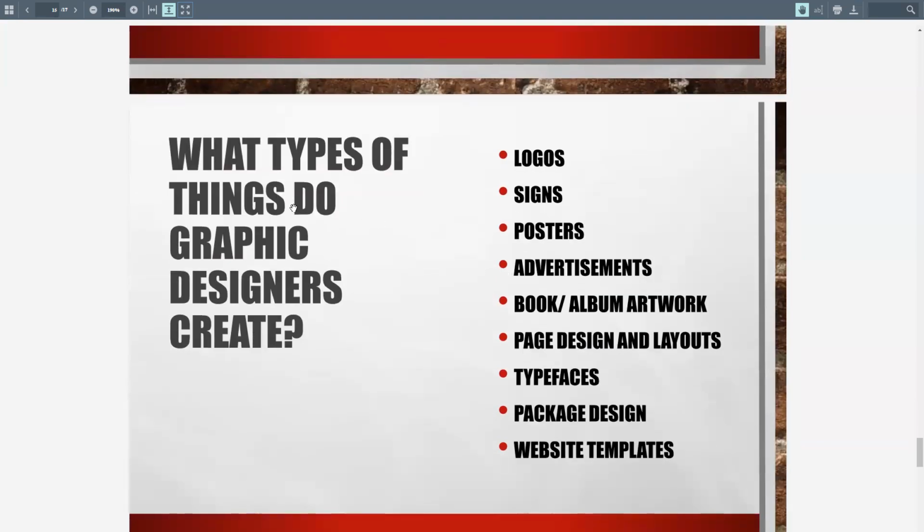So what types of things do graphic designers create? There are more than what is just on this list, okay? You can go above and beyond. Some things are logos. So we see lots of logos. We talk about logos in this course. It's super fun. Talk about how people change logos, how logos have changed over time. I show you some really old